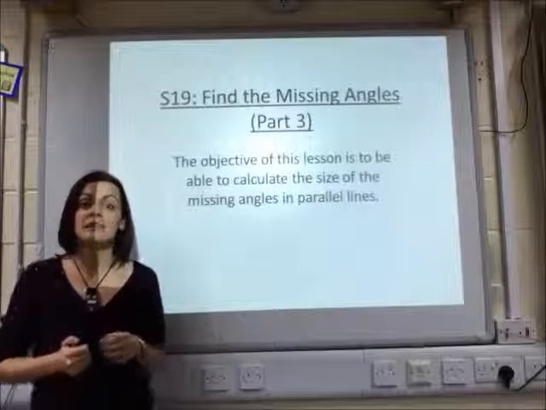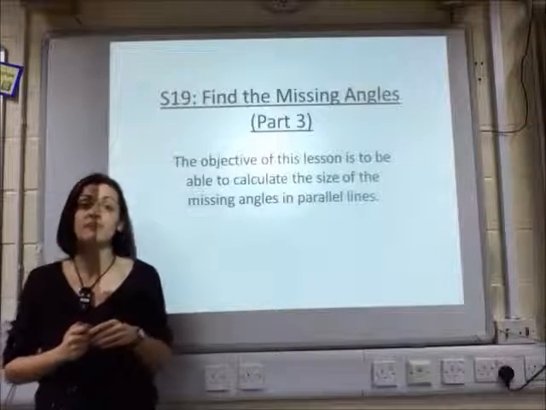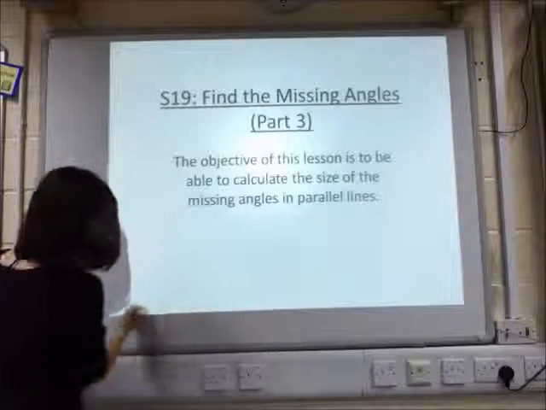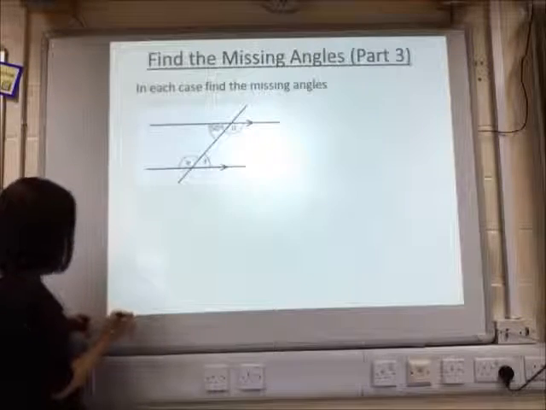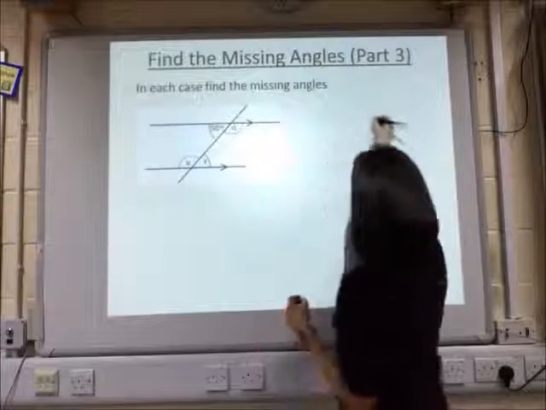This video is all about finding missing angles. It goes with card S19 and it's particularly about finding missing angles in parallel lines. So, there's some facts that we need to know first of all about angles in parallel lines, and that is